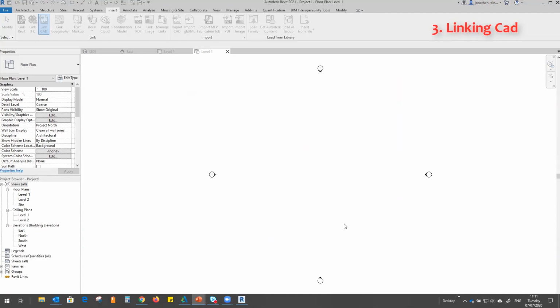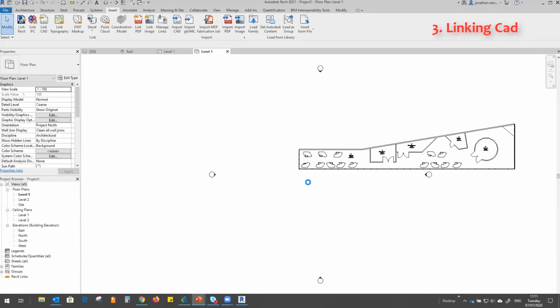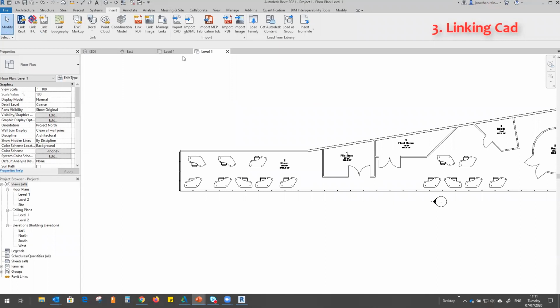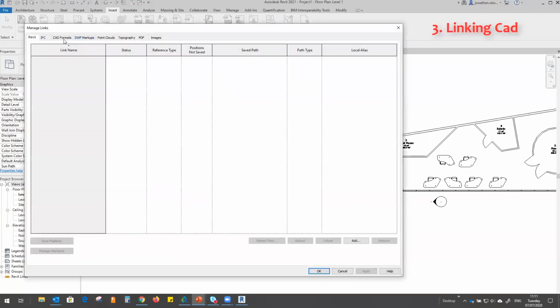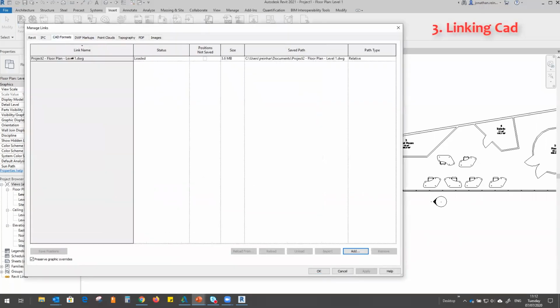In this case, it's millimeters. So I'm just going to hit open on that, and it's just going to place that particular CAD file. Now, the way the CAD file links in, it's very similar to how XREFs work in AutoCAD, in that if I was to make a change to this in AutoCAD, and then within my CAD file, go into manage links inside Revit, go to CAD formats, and here I can see I have this particular file linked in,